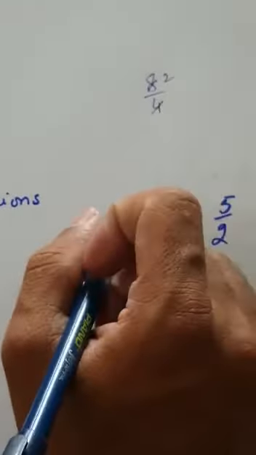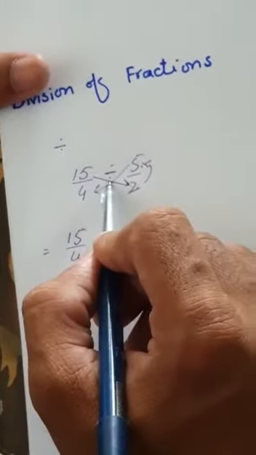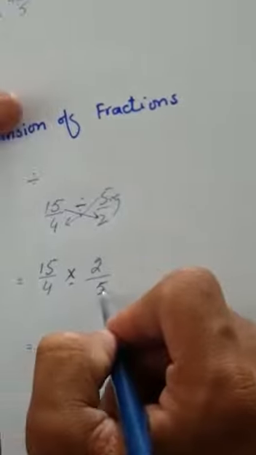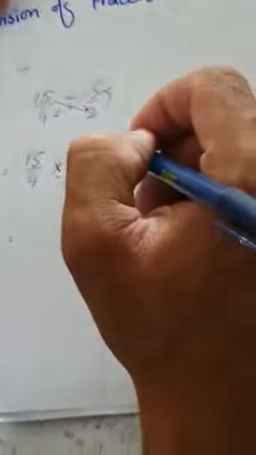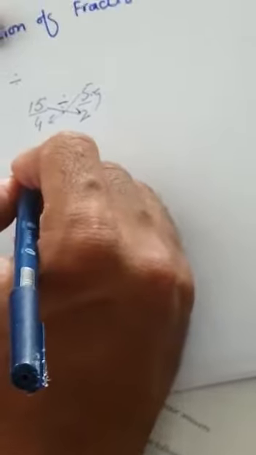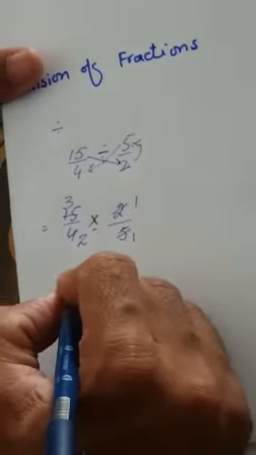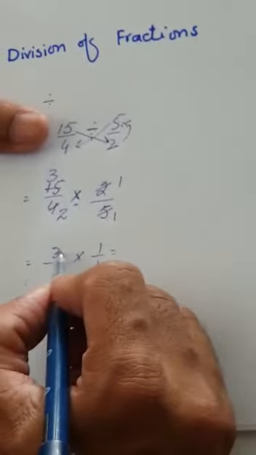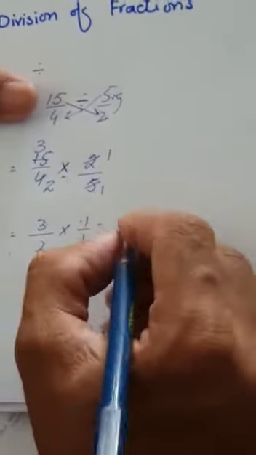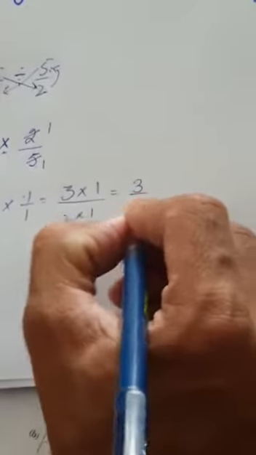But if you are given more than one fraction and there is a symbol of division in them, first of all we will convert this division into multiplication by reciprocating the last fraction, or you can say by changing the numerator to denominator and denominator to numerator, and then we will cut it down. Now 5 1s are 5 and 5 3s are 15, 2 1s are 2 and 2 2s are 4, so we are left with 3 over 2 multiplied by 1 over 1. After this, I have told you we will multiply the upper side with the upper side and the lower side with the lower side. 3 multiplied by 1 and 2 multiplied by 1, which is equal to 3 over 2.